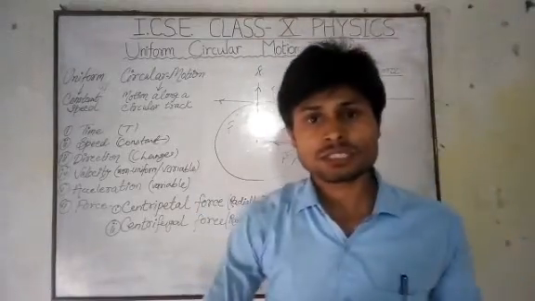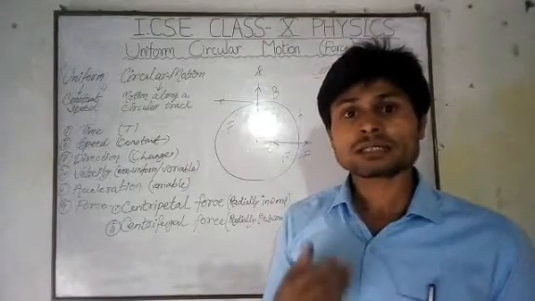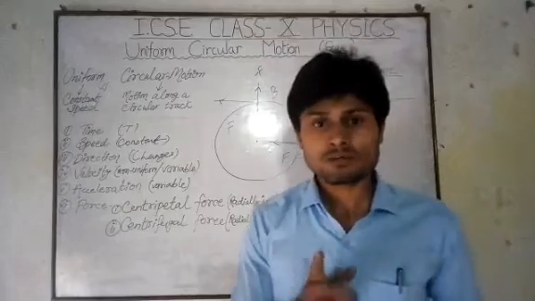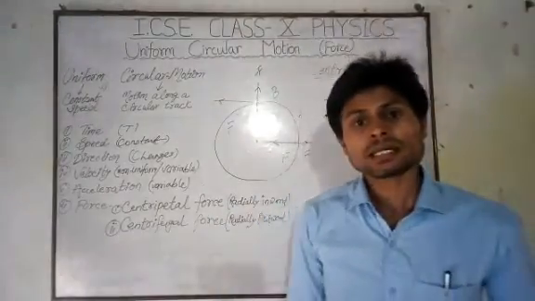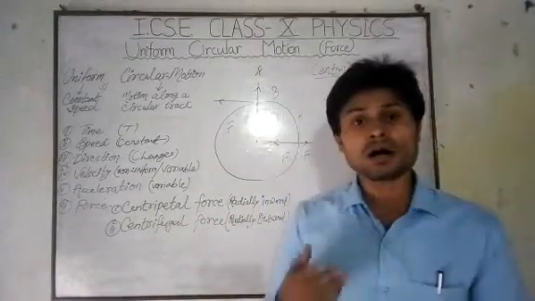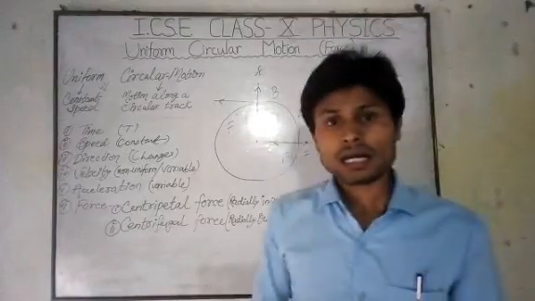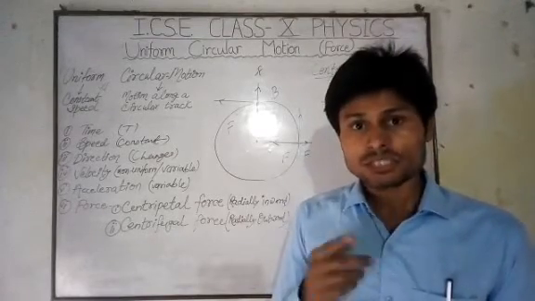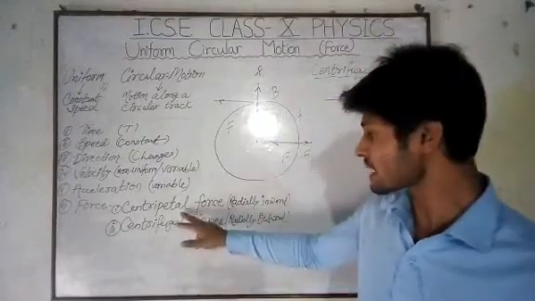So centrifugal force is basically the assumed force which is due to the tendency of the body to retain its uniform linear motion at any point of the circular track. It is also to be remembered that the centripetal force and centrifugal force are always equal in magnitude at every point of the circular track, and those are acting on the same particle or same body. So that's why centrifugal force can never be considered as a reaction of centripetal force.